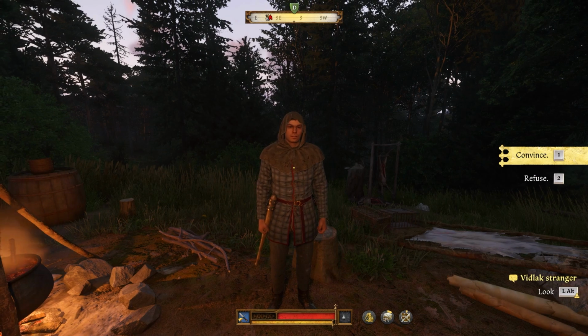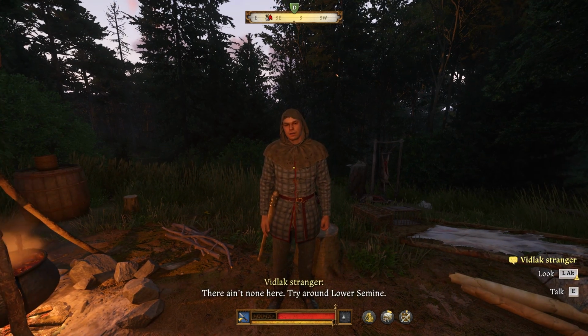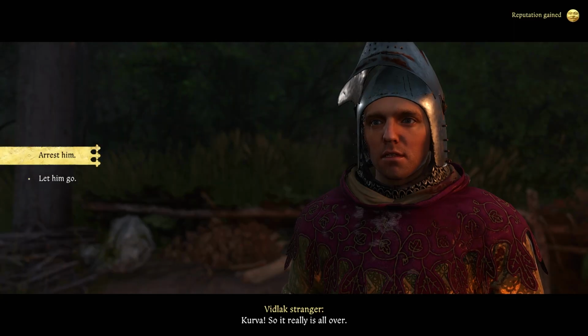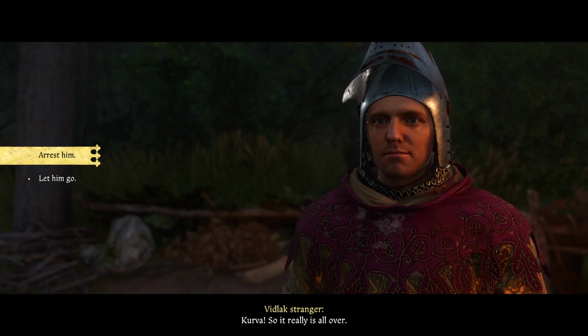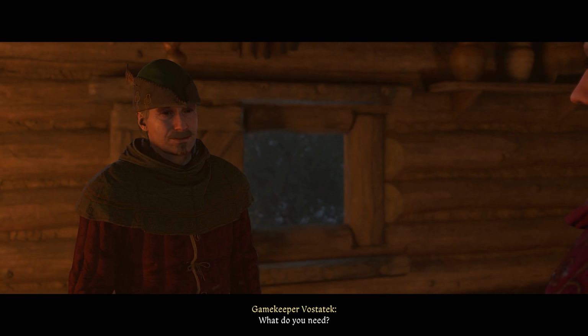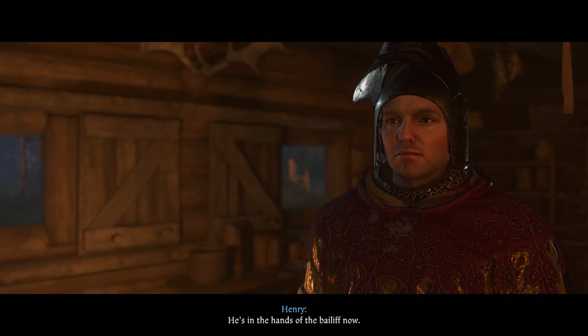he wakes up, speak to him, and you can talk to him just like you did with the other poacher, and eventually you'll convince him to be handed in, and so he's just going to let me arrest him. I guess you could also let him go or you can kill him. It's really up to you. I sent him to the gallows again. It was fun. After whatever decision you make, you return to Vostatek and he will then point you to another